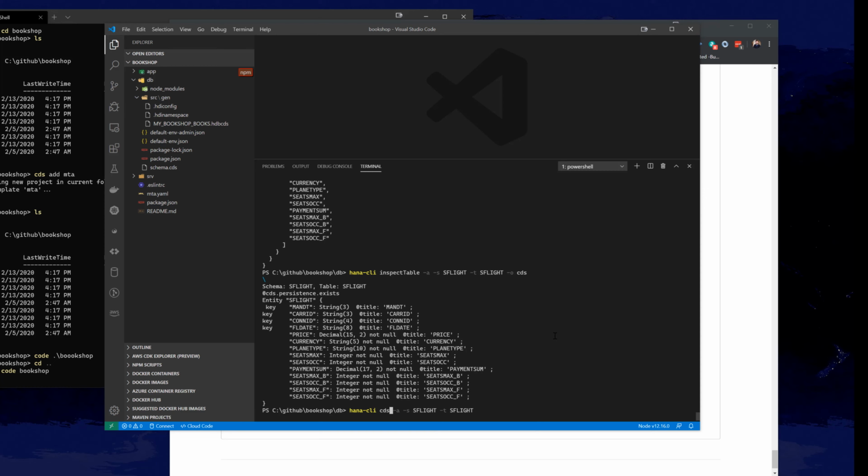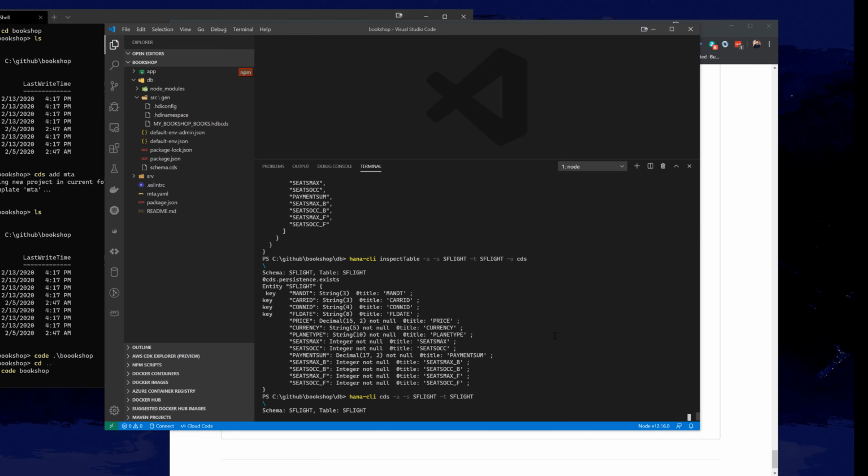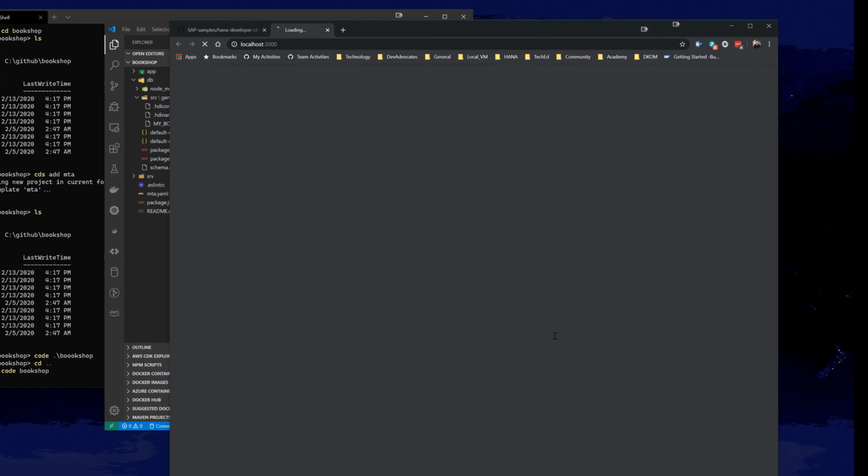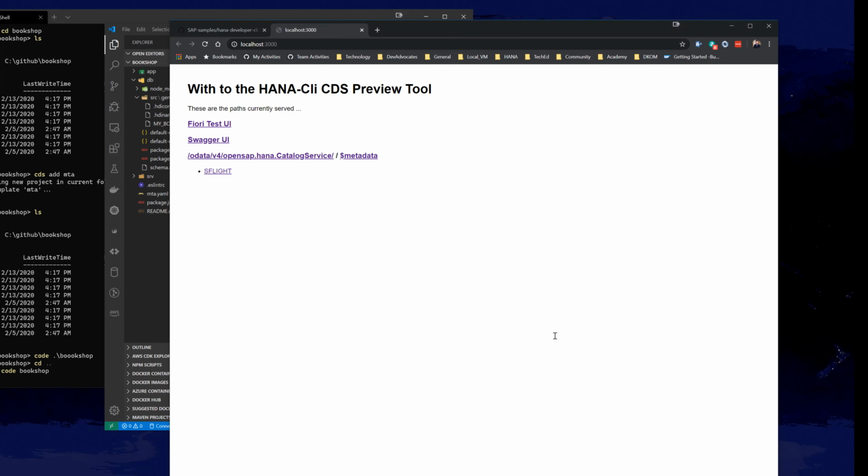So nothing built with CDS, nothing exposed by CDS by default, just an existing catalog table. When I run this, it takes a second as it analyzes the metadata and builds a CDS service internally. It opens the CDS preview tool in another browser window,